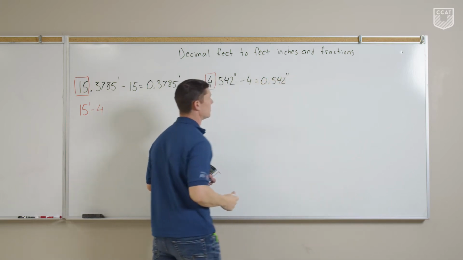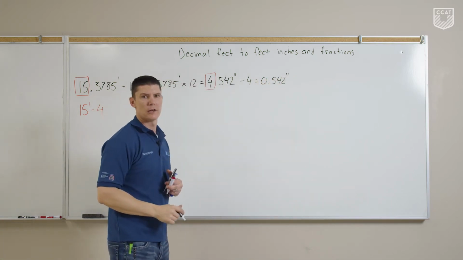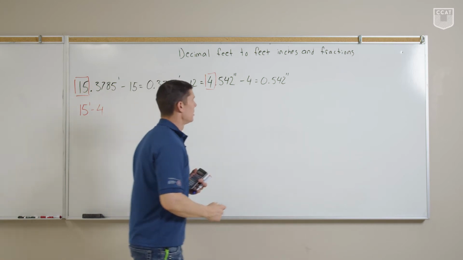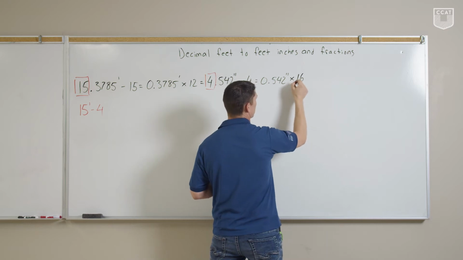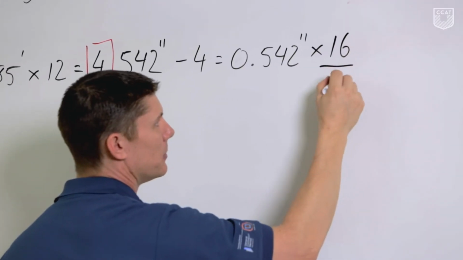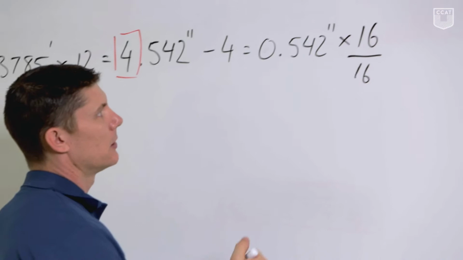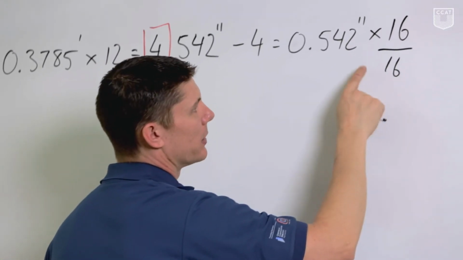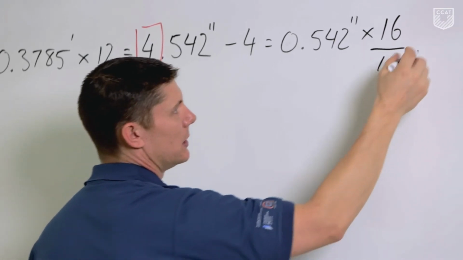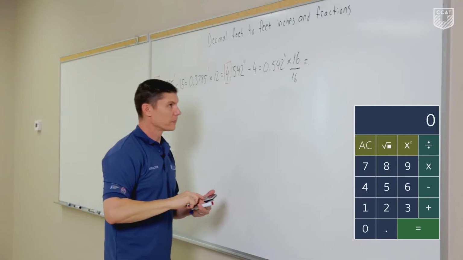0.542 inches. And now the last step is to get it to the nearest 16th of an inch. So in order to do that, we're going to go times 16. The reason we multiply by 16 is because 16 over 16 equals 1. So by multiplying this number here times 1, we're not changing the number, but this way we'll be getting into a fraction over 16. So we're going to go